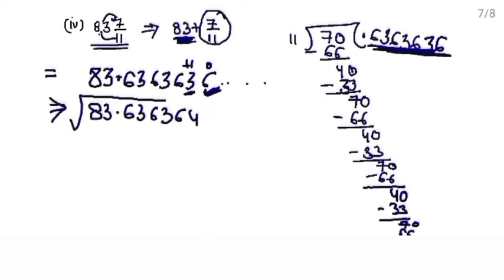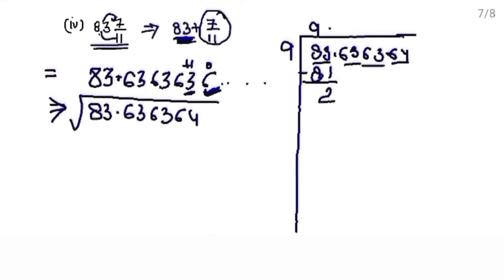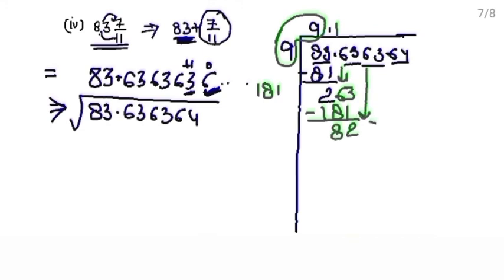Now you will find its square root because they were asking for the square root. Find the square root of 83.636364. Make the pair. 9 9s are 81. Subtract, 2. Put the decimal point here. Add these two numbers, 9 plus 9, 18. Copy down the next pair. 63. 1 1s are 181. Subtract, 2. 16 minus 8, 8. Copy down the next pair, 63.